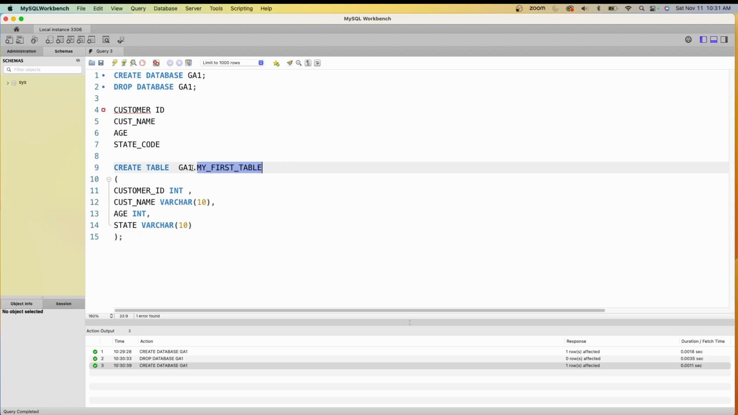But on top of it, I have also added GA1. It will create a table within your database GA1. If you don't put this, then by default, wherever your current pointer is, that's where the table is going to be created. So let's say, for instance, if you're working on a bigger project and you have multiple databases, this comes in very handy because at the same time, while you're executing the codes, you can create multiple different tables